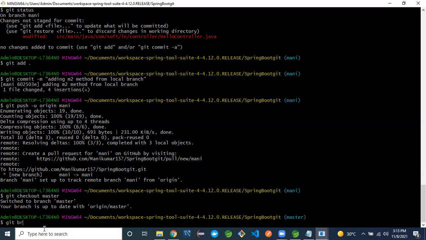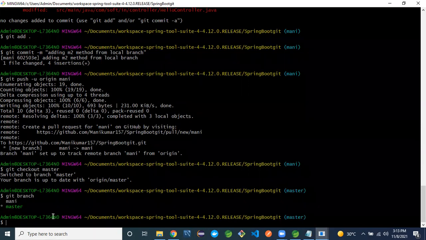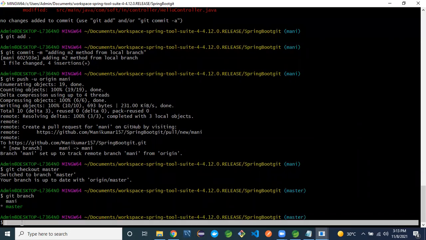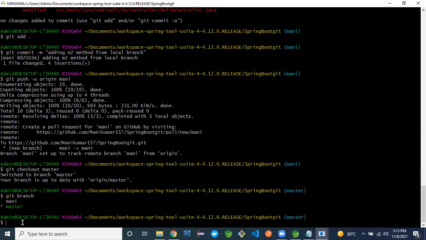Git branch. See, currently the master branch is active. You can pull the code. Git pull -u origin master.